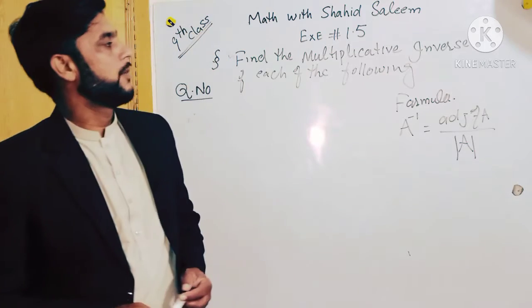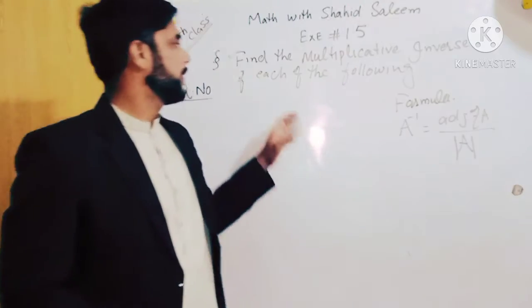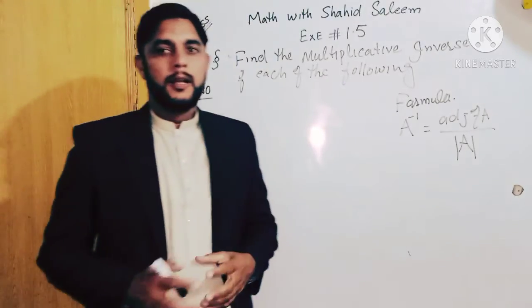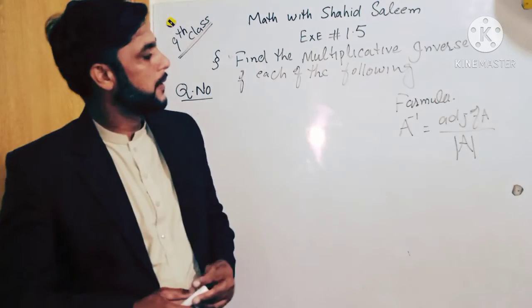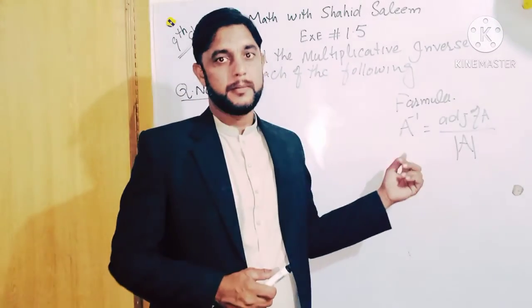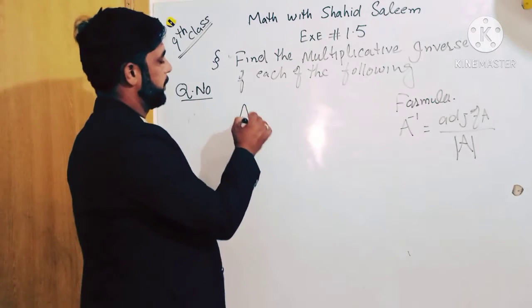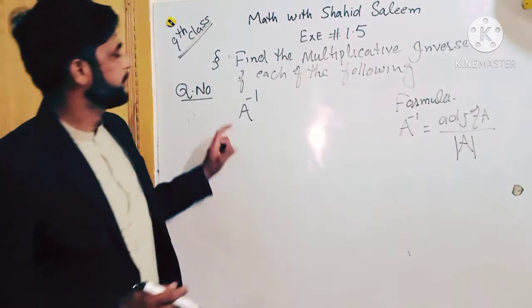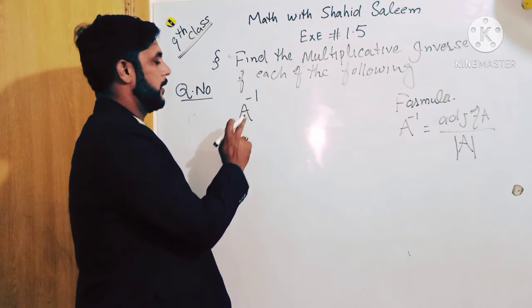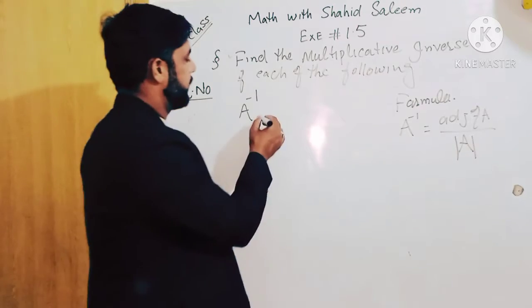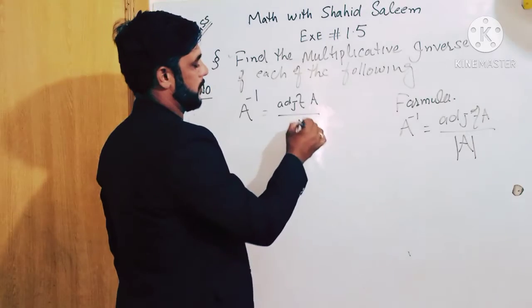Question number 3 of exercise 1.5 is: find the multiplicative inverse of each of the following matrix. Here first we find how to find the multiplicative inverse of a matrix. It is denoted by A inverse. If we have a matrix A, the inverse of this matrix is denoted by A inverse, and its formula is adjoint of A over A mod,